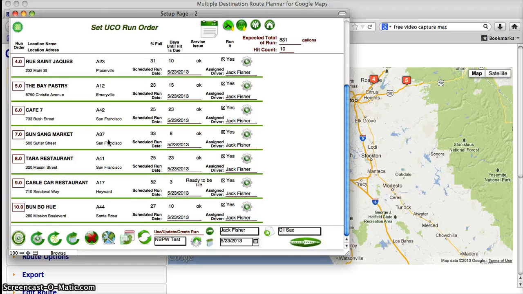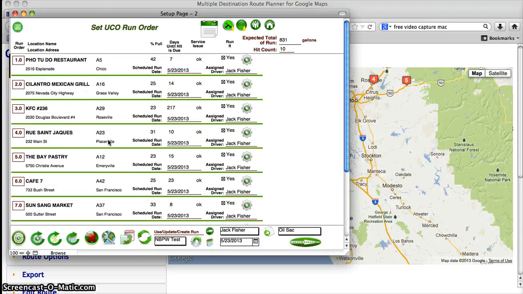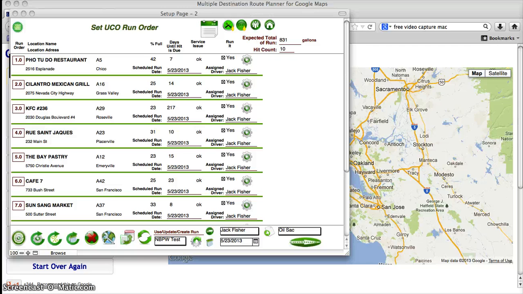While the routing software has a particular algorithm that we like to use, it's similar to the process that your drivers will use when they're actually routing their own routes. The concept is it takes you as far away from your endpoint as possible and then brings you back home based on how close you are to the next stop. We'll want to check the run order created by the system